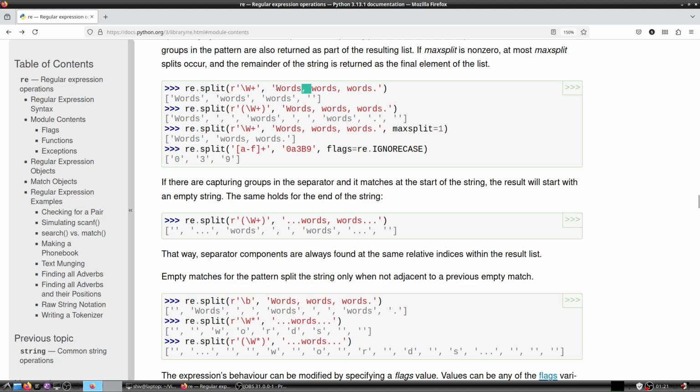So, the first element in the returning list would be words. Then this would be second. This would be third. And then finally, the dot will also cause an empty string at the end. Now, if you want to group this, that is all the